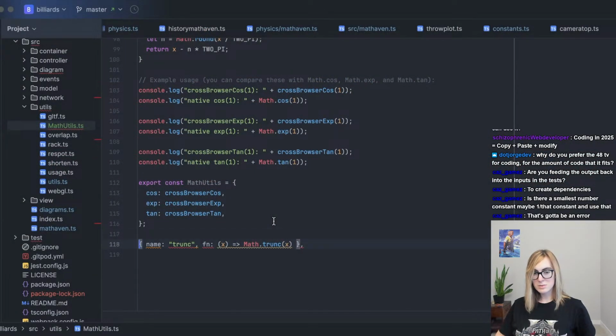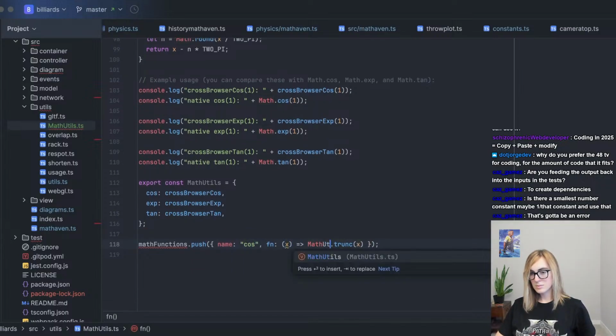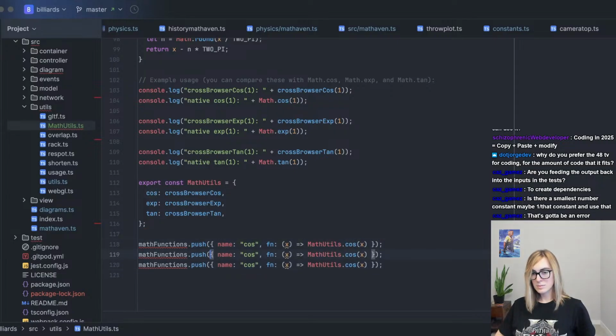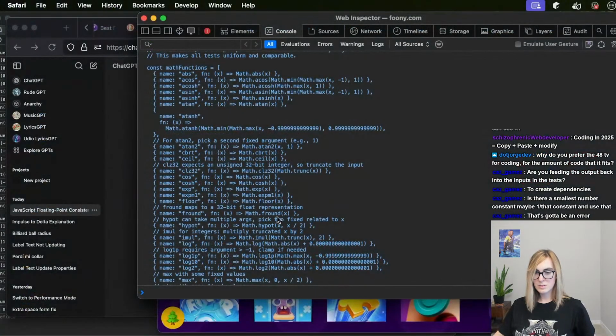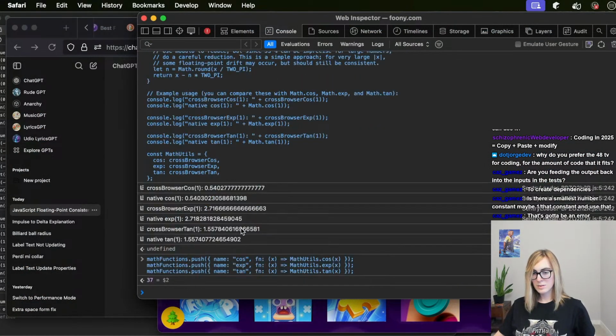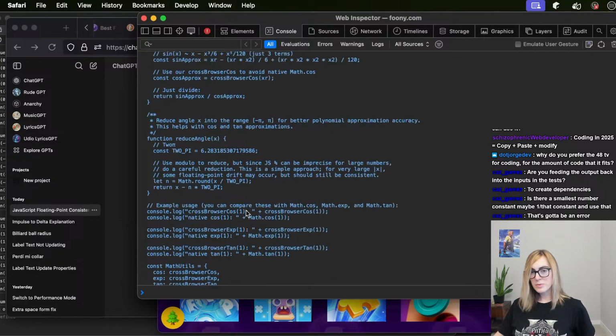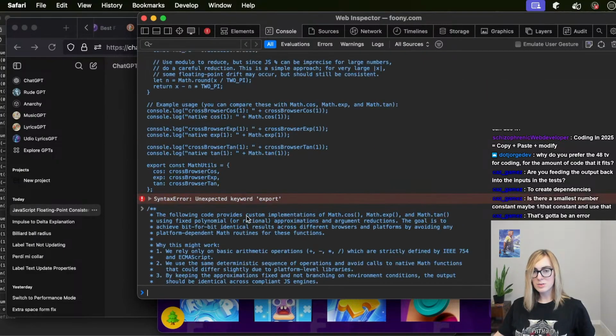Math functions. And we'll just push all of that. So we do that for cosine, exp, and tangents. Great. Now that we've added all of that, I can just do the last little bit,